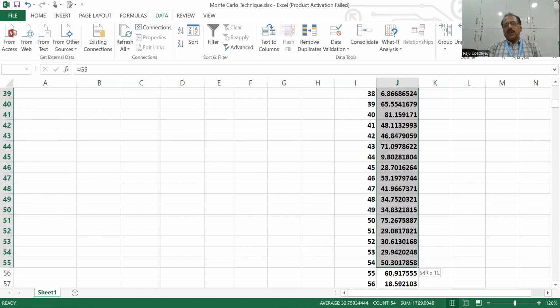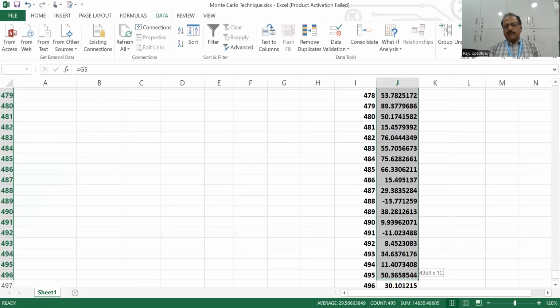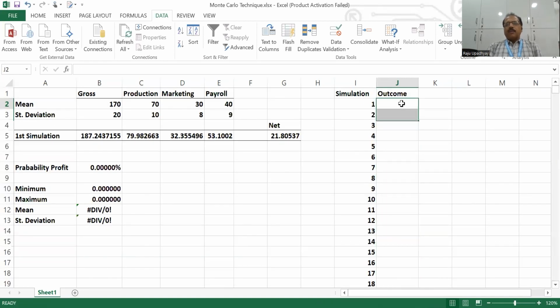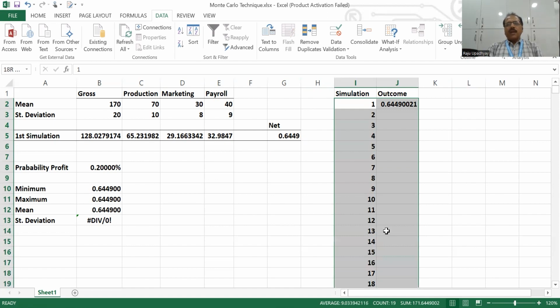So what I'm going to do is remove all this data, right? The formatting issue was there. So what we have to do is select this net value over there in the outcome. So I'll write equal to net, right? I'll select this. Once we have got this particular value, what we have to do is highlight all. And after highlighting this,